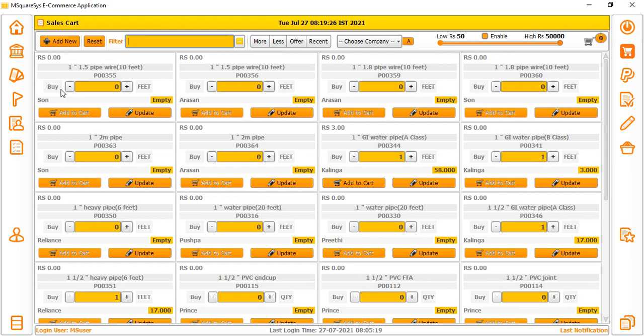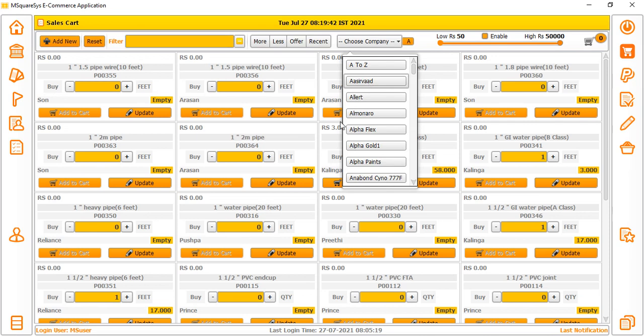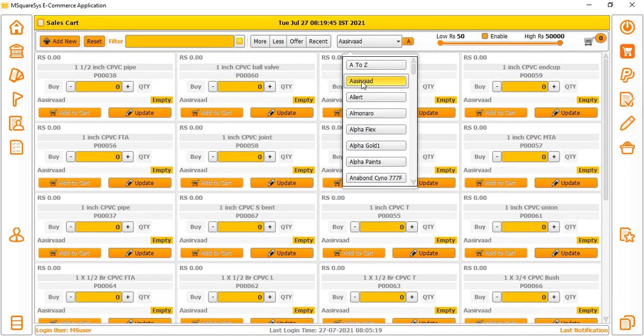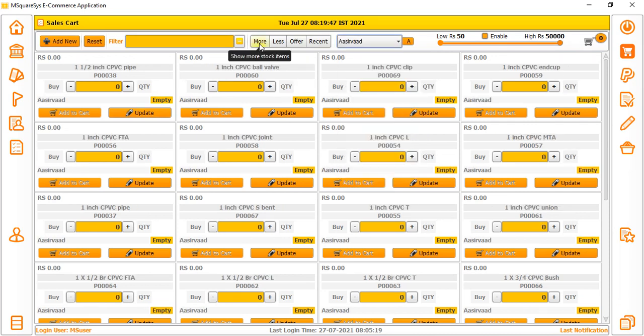Currently, like Amazon and Flipkart, we are not showing any images, and for fast fetching we removed the images. And the filter options are everything similar to Amazon and Flipkart. So you can choose which company items you want to display, you can select the company, and select the companies having more stock items. According to the more stock items, it will give the orders, and if it has less stock, then it will show the order based on the least one.